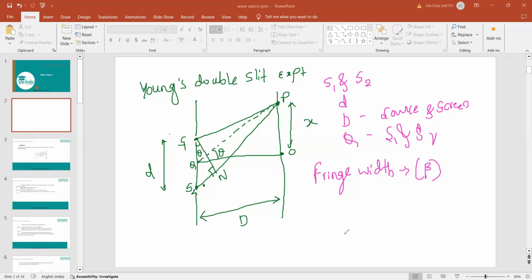Yesterday we discussed that in the interference pattern there are crest and trough in the wave. So here we have constructive interference and destructive interference. Based on the constructive and destructive interference, in the fringes we get, some appear in bright color. Tomorrow I'll show you with the color diagram. In that, a few are bright and a few are dark.